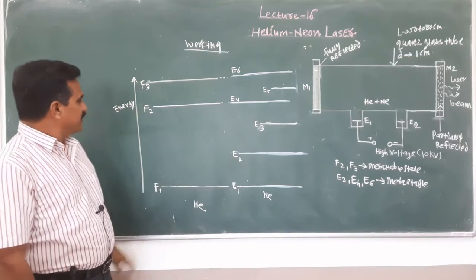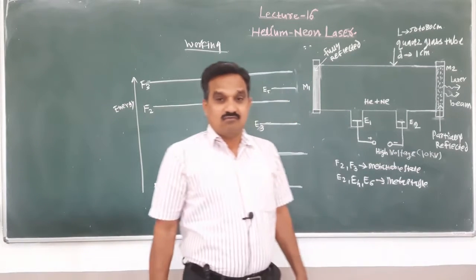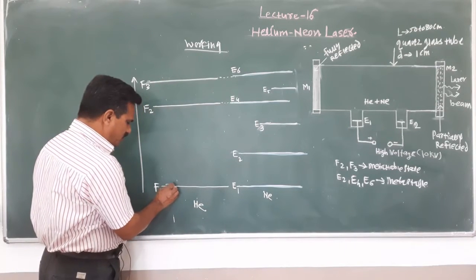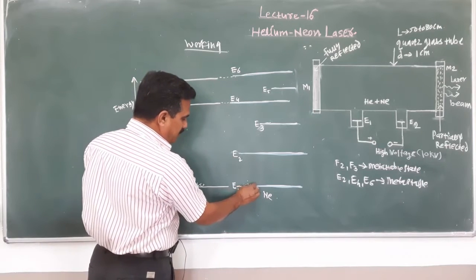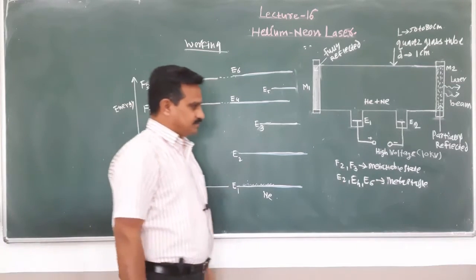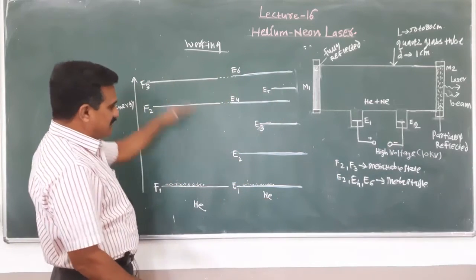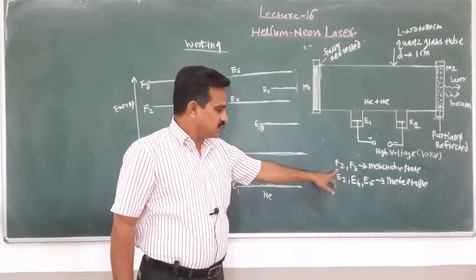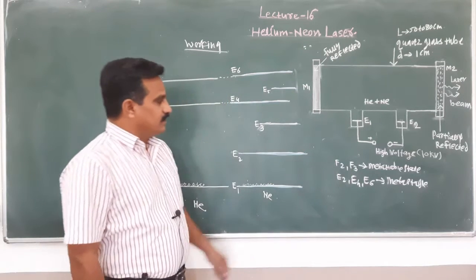This is actually the situation we are all familiar with. Initially most of the atoms are present in the ground state. Here a number of atoms are present in the ground state, no doubt. In a similar manner, a number of atoms are present in the ground state, for helium as well as neon. But how does it work? This is actually the initial situation. These are the energy levels, out of which some are metastable states for helium and some are metastable states for neon.